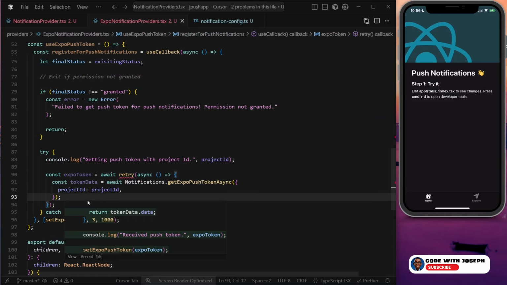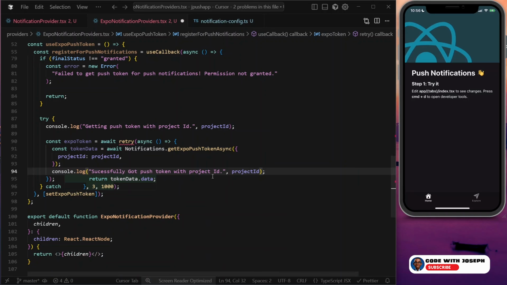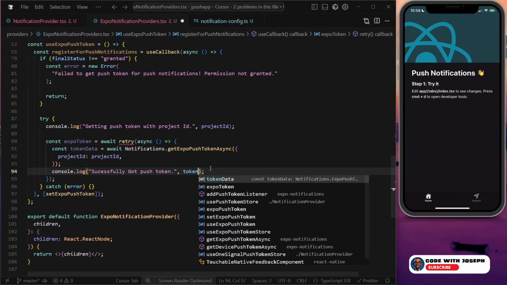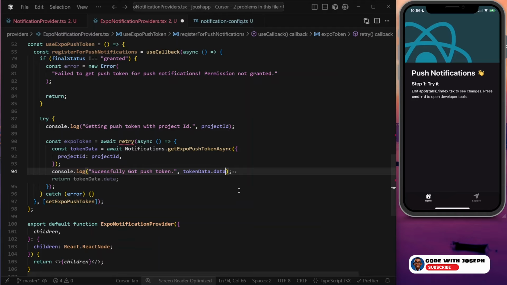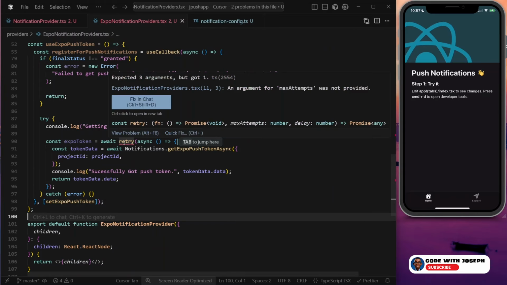After the token data, all right, we're going to say console.log, and we're just going to say, successfully got push token with project ID. And instead of having all of this, let's render the push token itself and just say token data dot data. And finally, we are going to return token data dot data. All right, so save this, and it's still saying an argument for max attempt was not